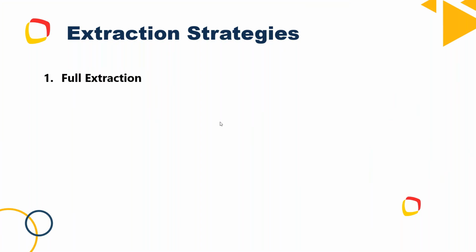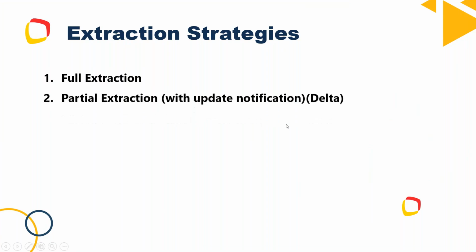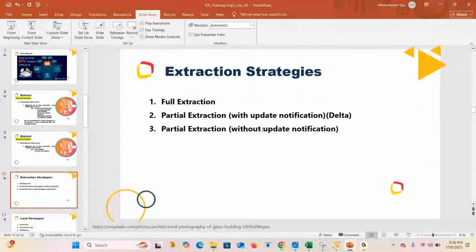Suppose it is maintained in a file format, and some 100 files are there. All 100 files are taken from the source system and loaded to our target system. Guys, getting? This is called full extraction. The next one is partial extraction with update notification. This is called delta load. I think somebody asked about delta load